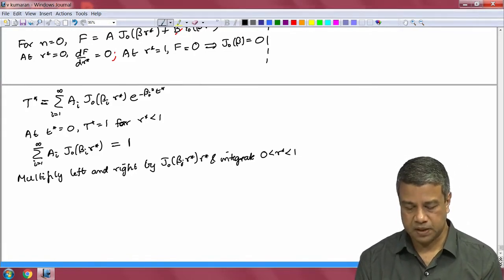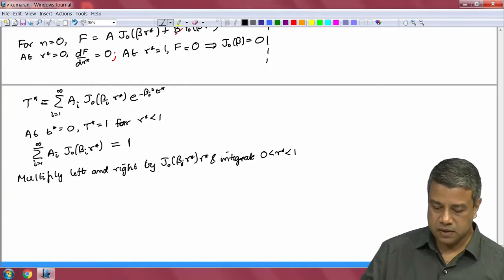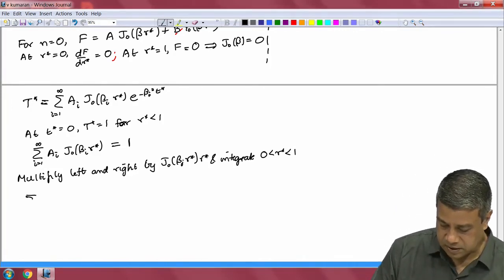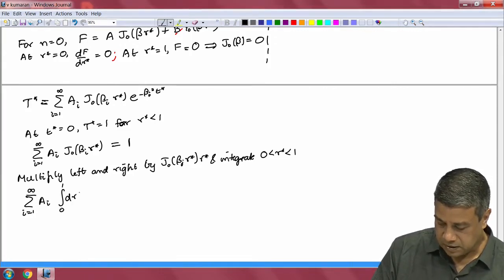If I do that, what I will get is the summation of i equal to 1 to infinity of a i integral 0 to 1, dr star times r times j naught of beta i